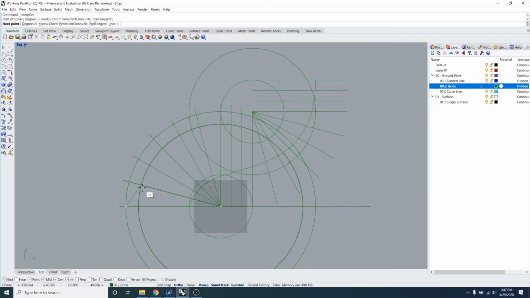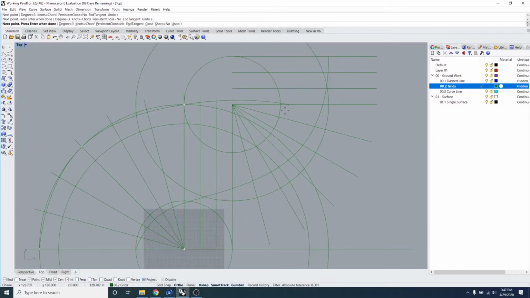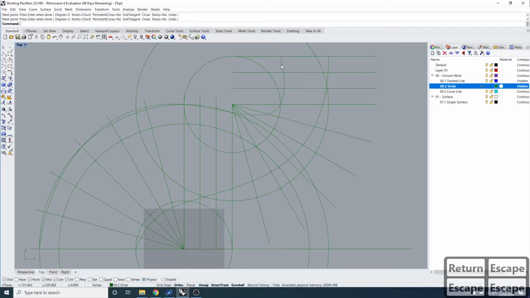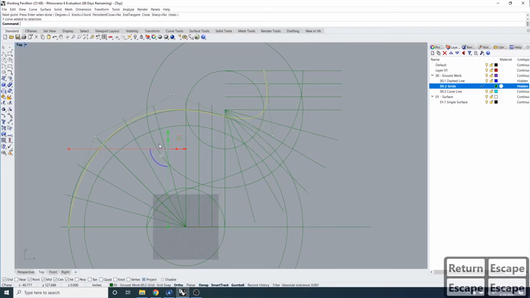So L1, L2, L4, and L5, and I'm going to hit enter to finalize that. And you can see that one looks more like it,